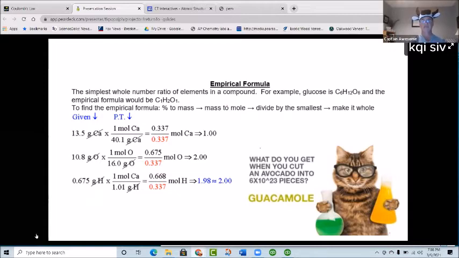And the trick here is to go from grams to moles, and then take the number of moles and divide each one by the least number. So you can see that when I changed it to moles using molar mass, what I do is I divide each one of the answers of moles by the smallest number of moles. And what that does is simplify my ratio. It becomes a 1:2 ratio.